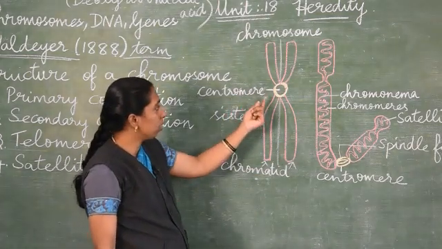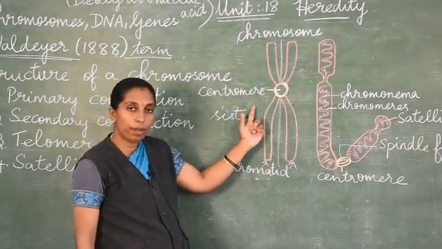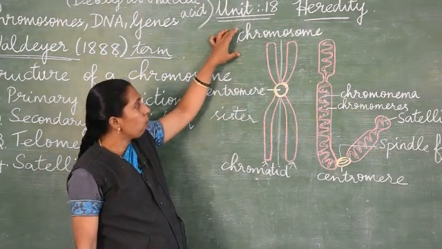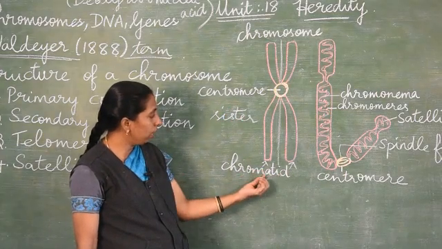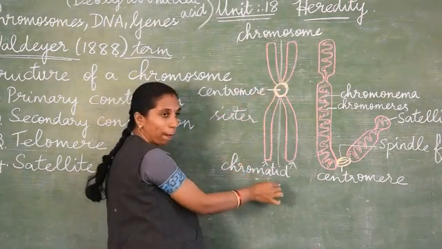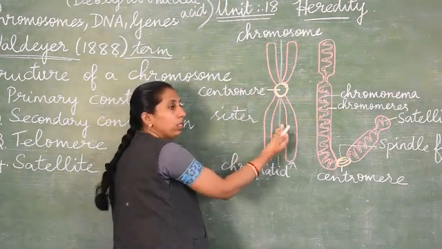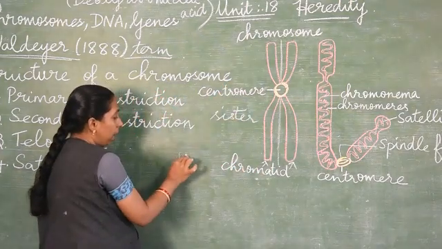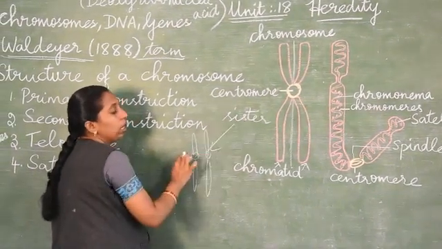And if you see the structure, in the center, in the middle, there is a structure called the centromere, which is very useful during cell division. So in the structure of a chromosome, in the center we have the centromere and the chromatids, and these are sisters. You have 4 arms, 1, 2, 3, 4, that are the chromatids. And if a chromosome is separated, we have 2 portions like this, and these are called sister chromatids.